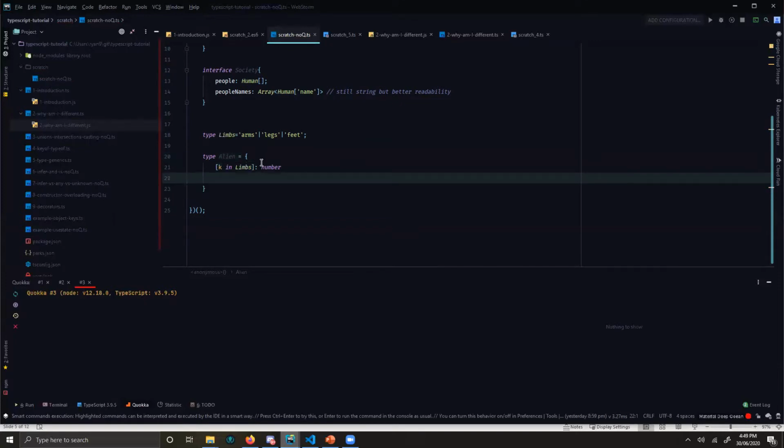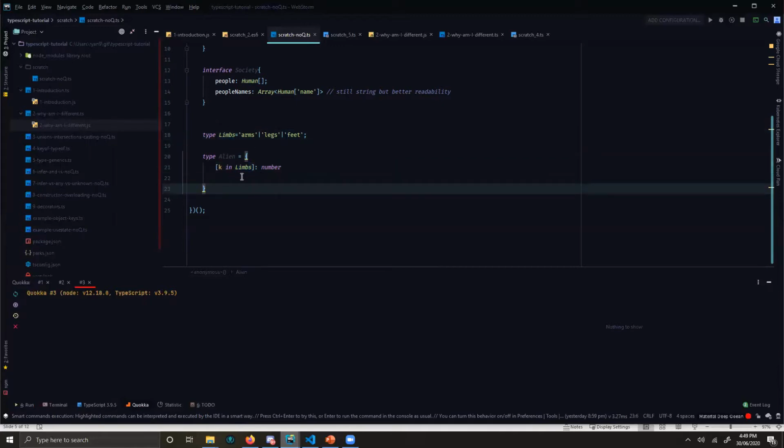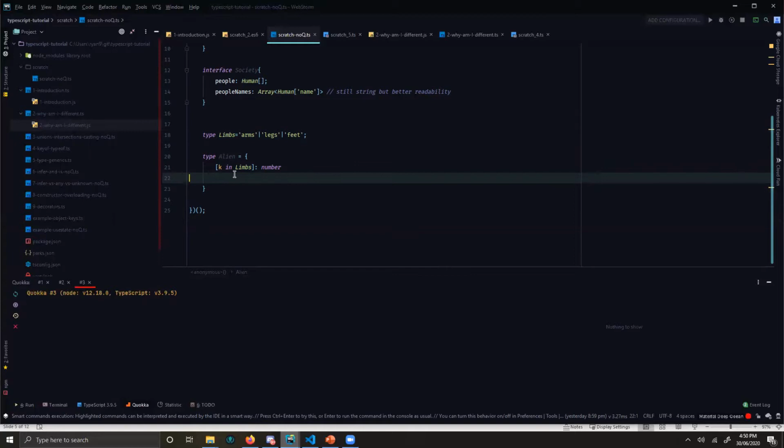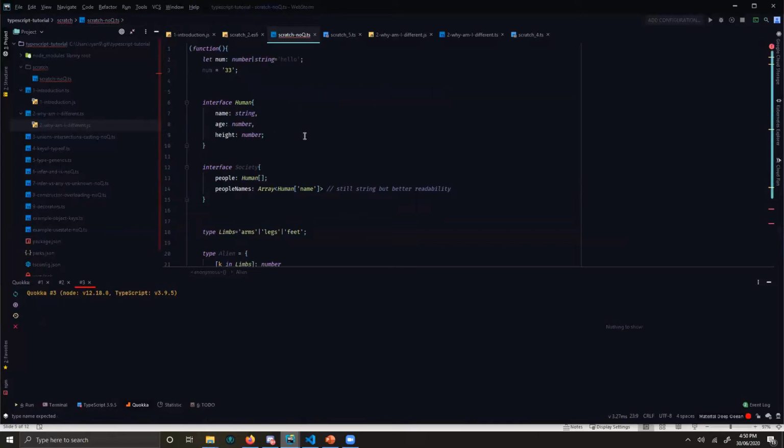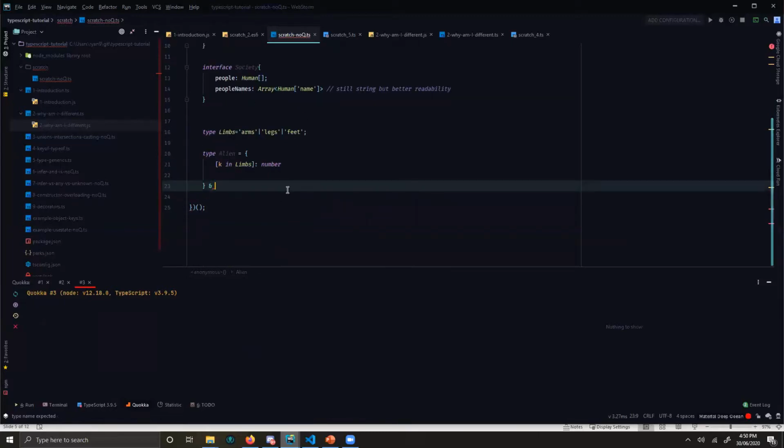There we go. So what we're basically saying here is that we want every single one of these inside this type as a number, right? But we can't put anything extra in here. We can't put something like planet, for example. It doesn't let us. So what we can do is use the intersection type, which is a special type of thing that you can only really use in this kind of context to chain